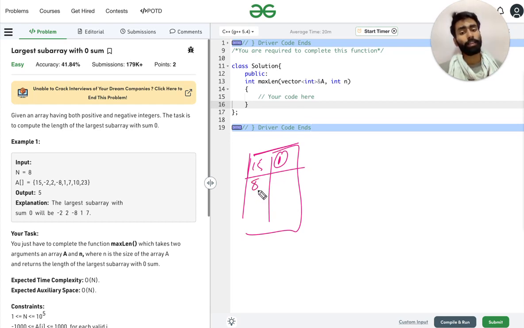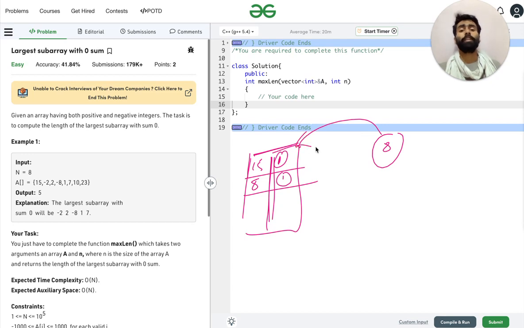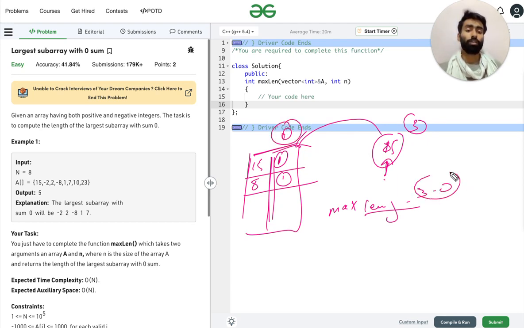When we get any sum, we will look in the map if it already exists, and if it already exists, then the index of this one minus this one will be updated to the max length. That is, if we have got this at 3 and we got this one at 0, then the length will be 3 minus 0, so the max length equals 3. Likewise we will do for the rest. We will not update this index in the map, we will just keep on checking here. We will just store the first index value in the map.